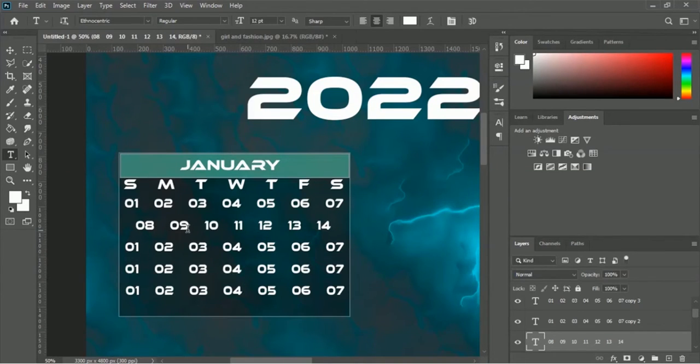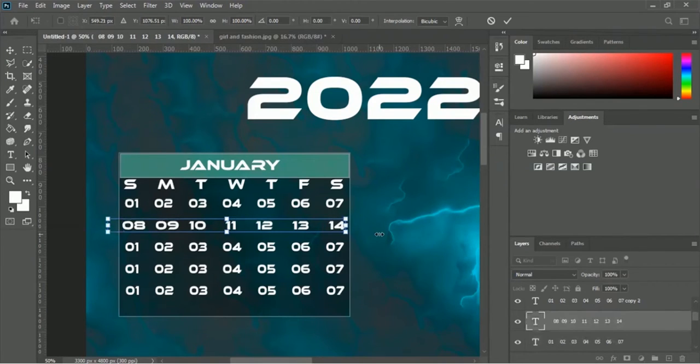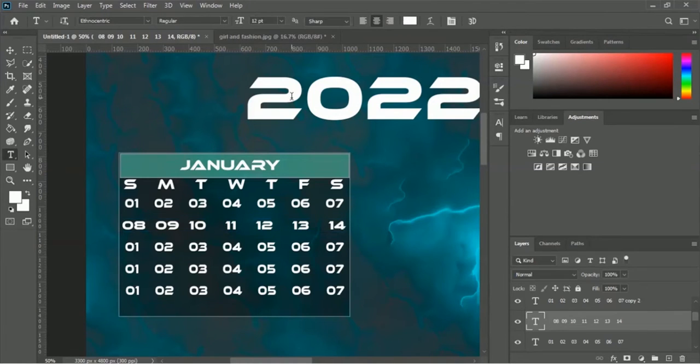To scale, we have to press Ctrl or Command T, and let's scale it properly. Okay, now it's scaled properly, and let's click on this tick mark, and now we have to use the move